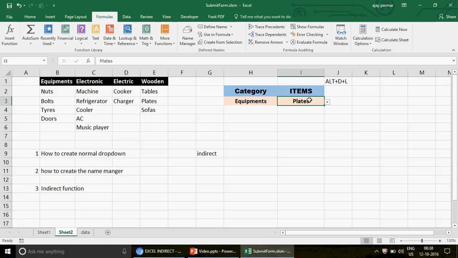So this is all about the dynamic drop downs, and this is all about how to use this Create from